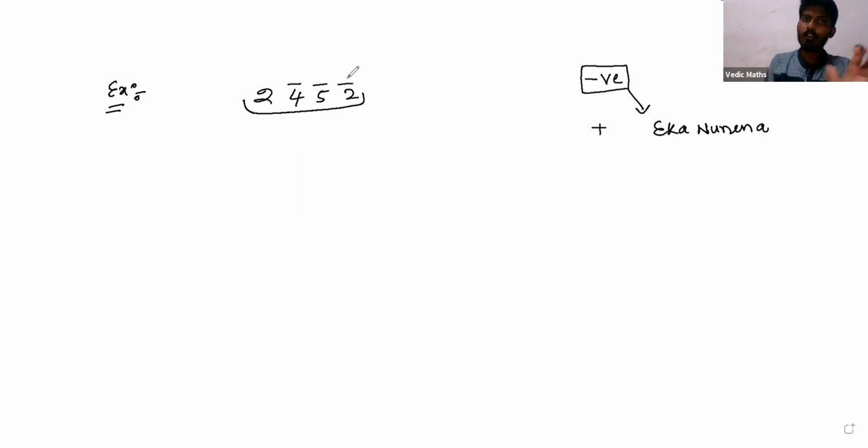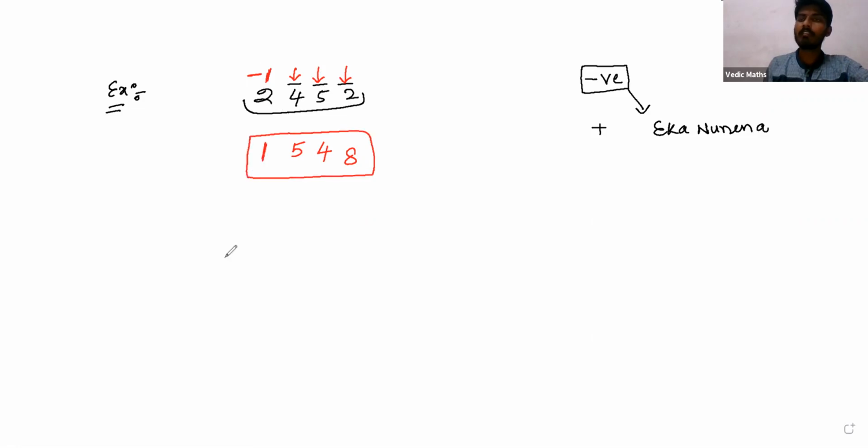So this is my one group. The first digit from 10, then you are getting 8. The next digit from 9, then you are getting 4. The next digit you subtract from 9, then you are getting 5. And this is the positive digit. See, here you selected the negative digit, so we subtract 1 from that number, then you are getting 1. So this is the conversion of the given question.